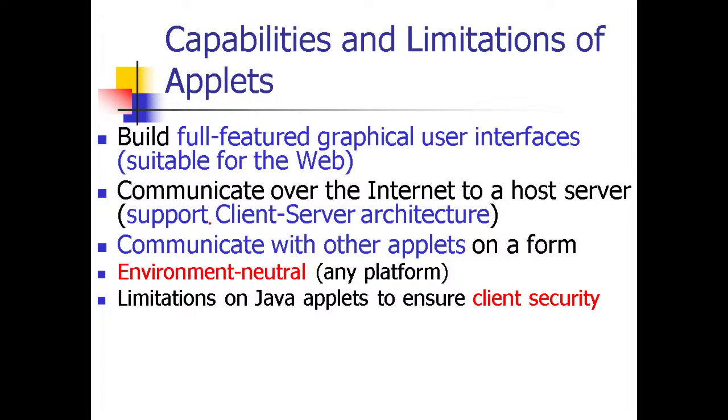एक तो ग्राफिकल यूजर इंटरफेस हमें प्रोवाइड करता है, और ये वेब के लिए बहुत अच्छा होता है। और दूसरा, कम्युनिकेट ओवर द इंटरनेट टू ए होस्ट, क्लाइंट सर्वर आर्किटेक्चर को फॉलो करता है। थर्ड, कम्युनिकेट विद द अदर एप्लेट्स ऑन ए फॉर्म। एनवायरमेंटल न्यूट्रल होता है क्योंकि कोई प्लेटफॉर्म की रिक्वायरमेंट नहीं होती, but इसकी लिमिटेशन ये है कि जावा एप्लेट के अंदर हमें क्लाइंट सिक्योरिटी इंश्योर करनी पड़ती है।